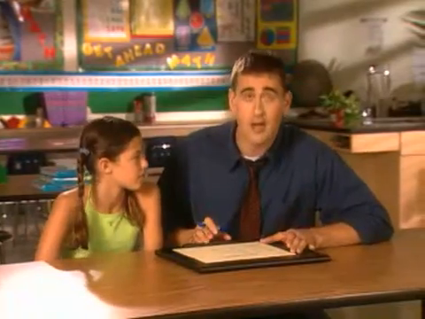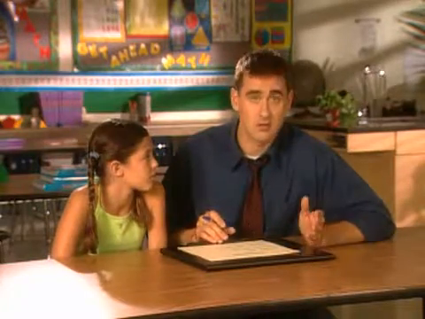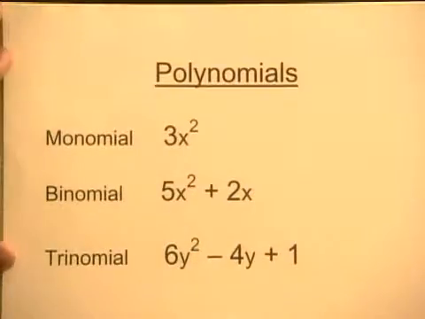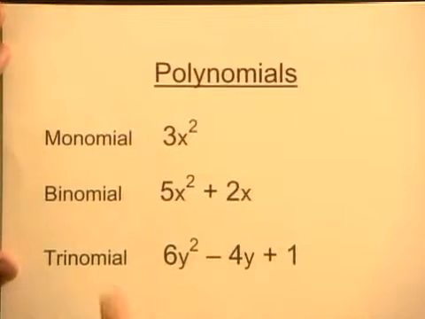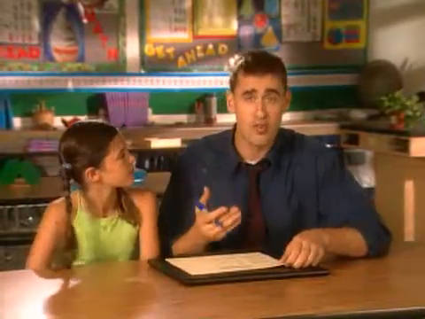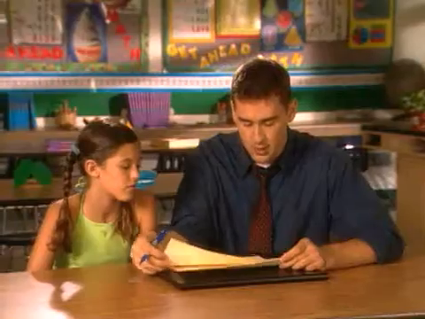Okay, it's a product of a number and a letter, or a number and several letters, or it could just be a number like 3, or just a variable like x, or 3x squared like we see here, or even 3x squared y squared. It's just a term. A binomial is two terms, or two monomials separated by a plus or a minus, bi like bicycle, and a trinomial is three terms separated by a plus or a minus, tri like tricycle. Anything with more than three terms, we just call that a polynomial. Poly means many, many terms. Okay, so